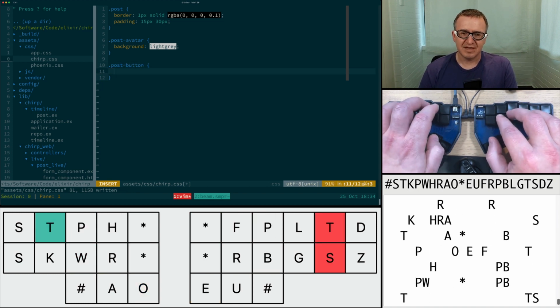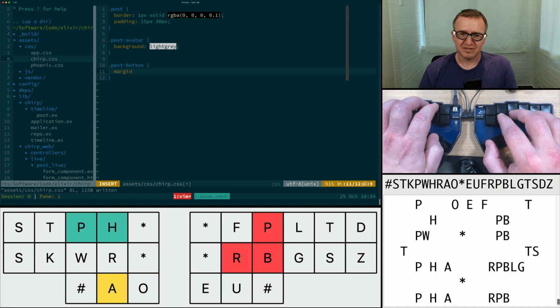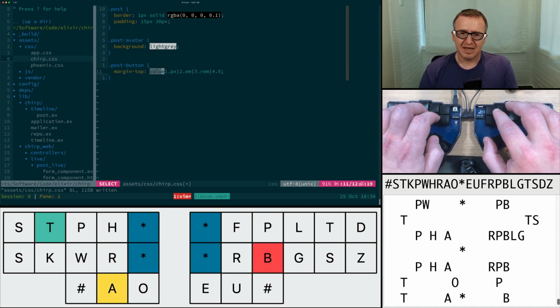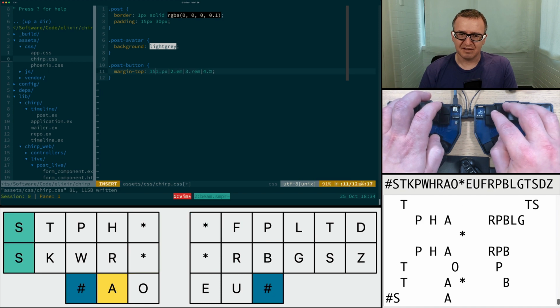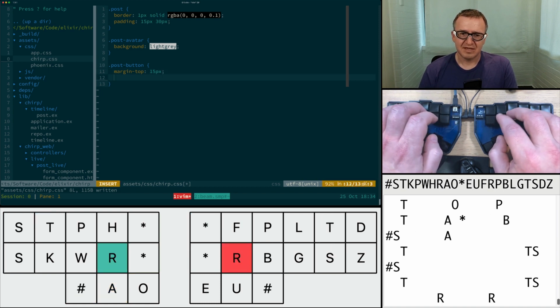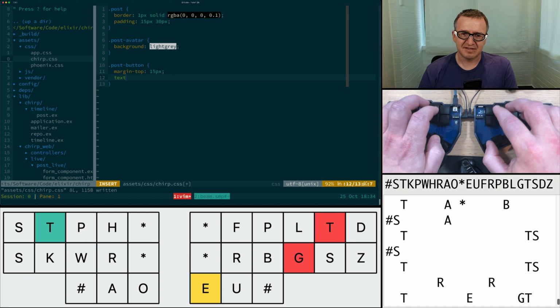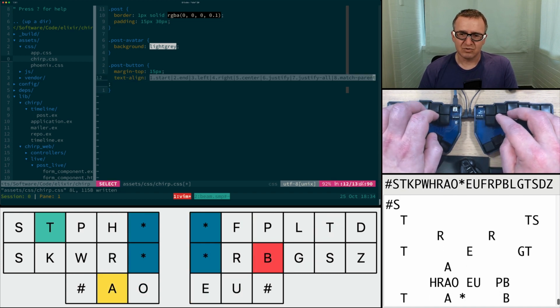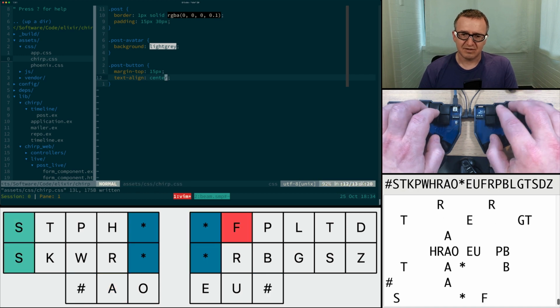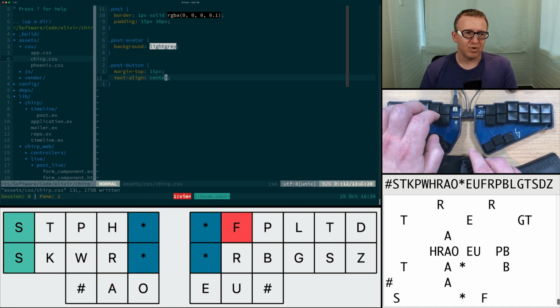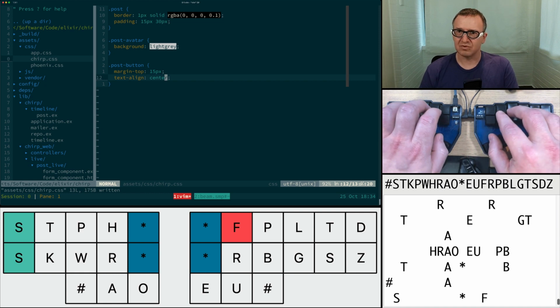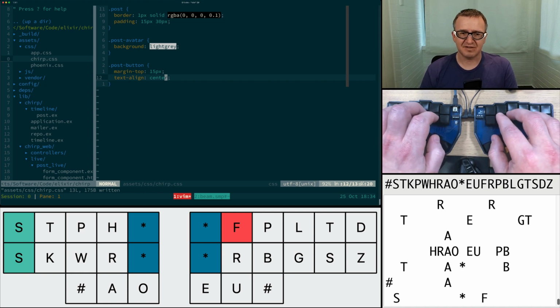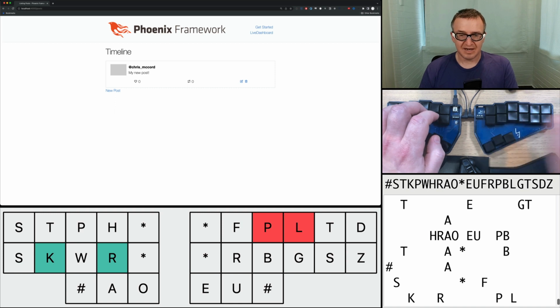And here we want a margin top, and the value that we want in here is 15 pixels. And we want to align the text. So we go text align, and we want to have that aligned to the center. Okay, cool. So we'll save that away, and let's go back to the browser and see if it has updated. And it has. Cool. So this is looking a little bit more like a social timeline,